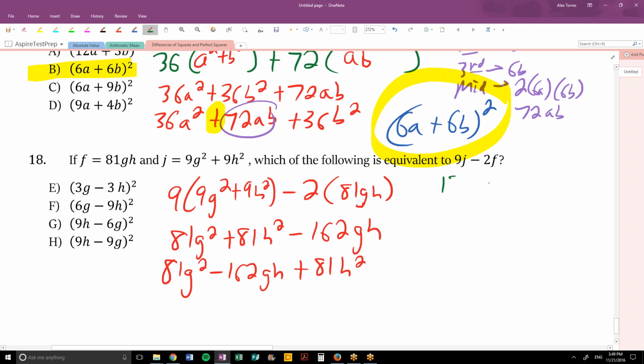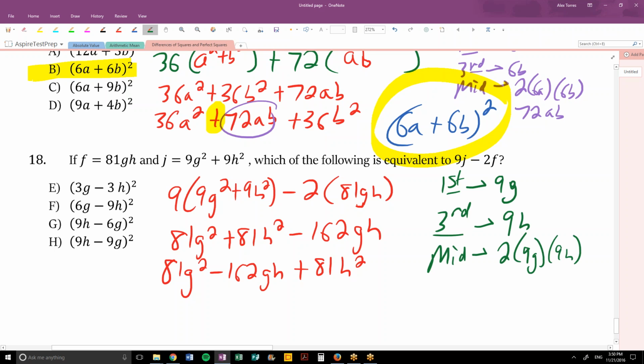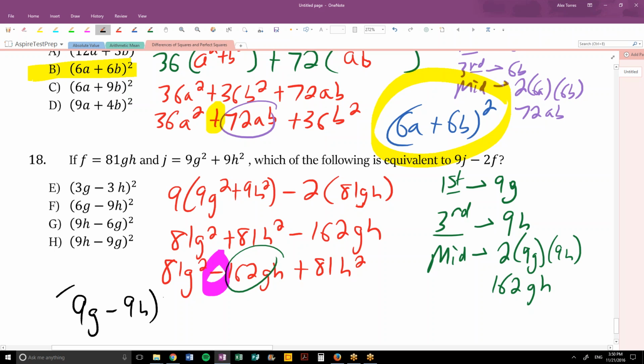Well, the first term is a perfect square because the square root is 9g. The third term is a perfect square because the square root is 9h. And the middle term should be equal to 2 times 9g times 9h, and that's equal to 81 times 2, so 162gh, and that is what it's equal to. But we have a negative sign right here, so it's going to factor to not 9g plus 9h squared, instead 9g minus 9h, all squared,